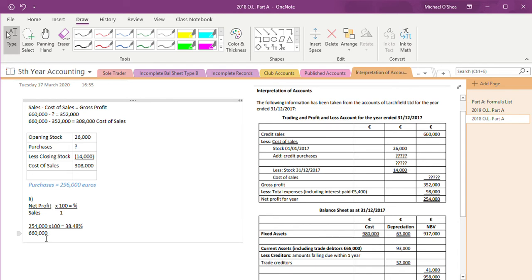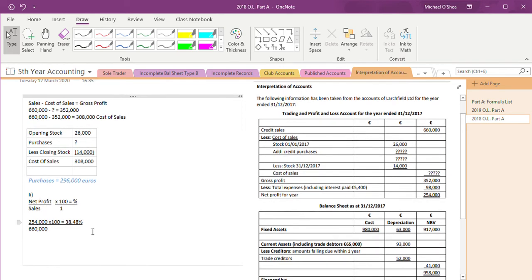254,000 divided by 660,000 multiplied by 100 over 1 is 38.48%. Once again, once you know the formula, you're just putting in those figures, multiplying it out, and that's your answer. Okay, so that's the second one dealt with. The third one I have to deal with now